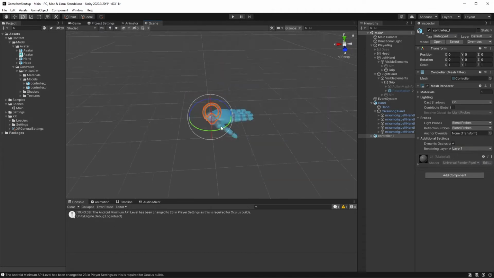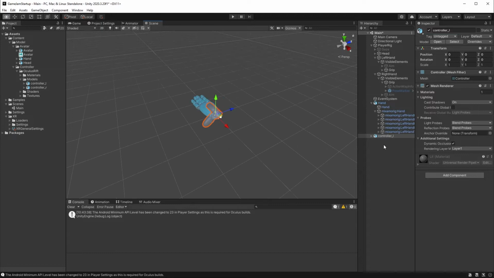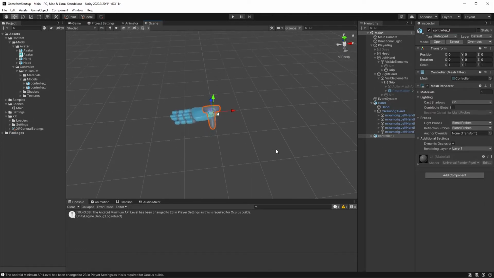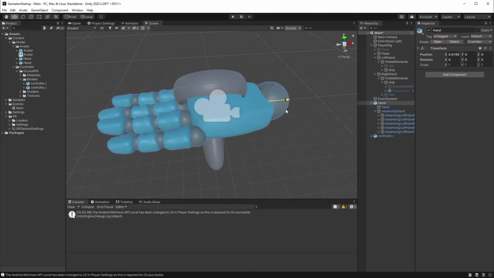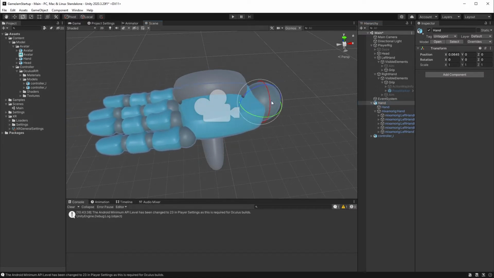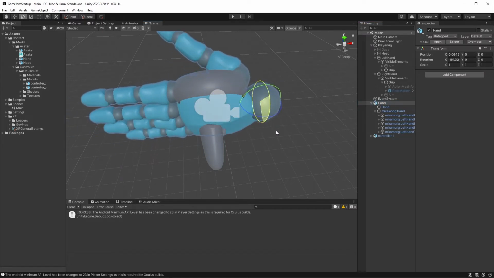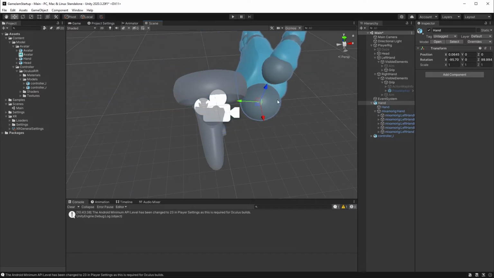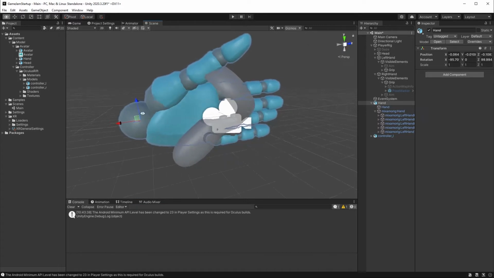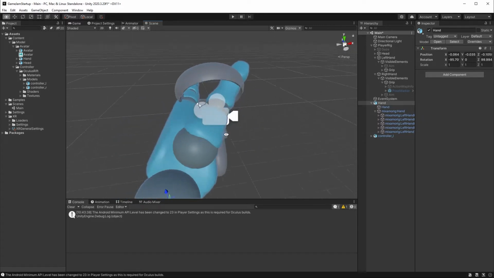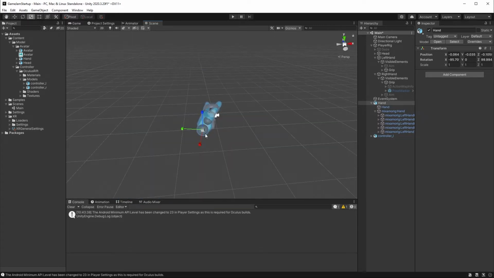Fantastic. Okay, and if we look where we're facing, that's the Z. So we want to be facing around that sort of angle. And we want to take the hand and blend this hand around this item. So if I rotate this and then bring this back around here, there we go. So I'll get it roughly in position